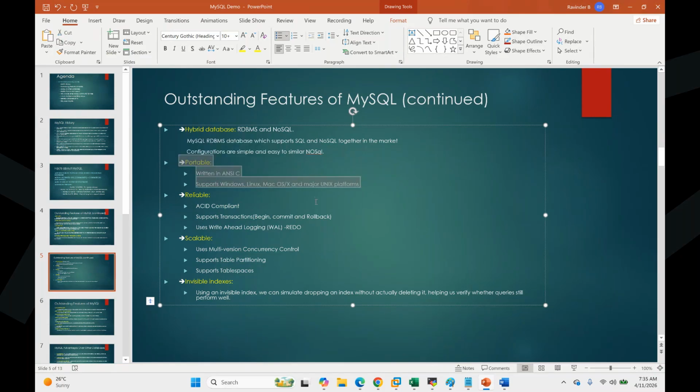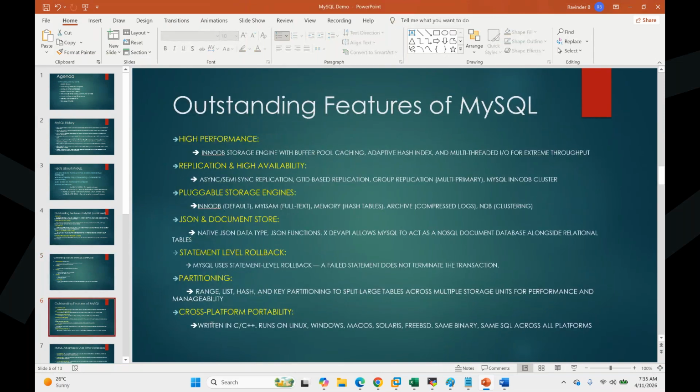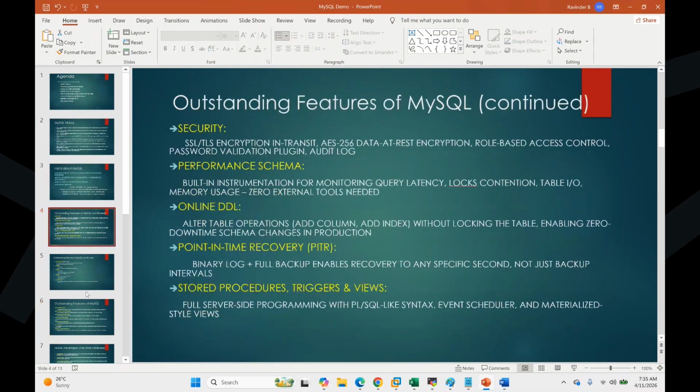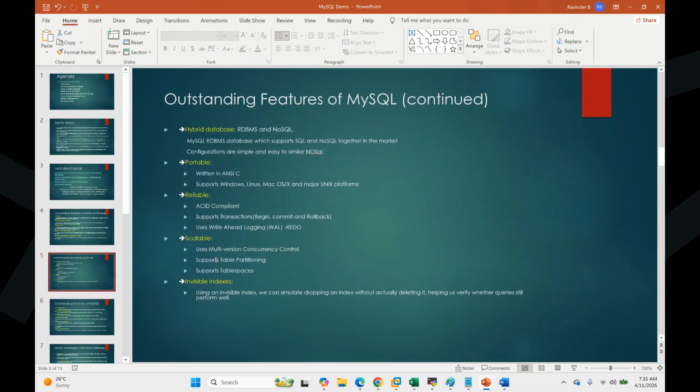Reliable, of course. It follows ACID compliance, where you can't break the ACID compliance, but there are a few things I'm going to talk about on the next slide, like statement rollback. This is one thing you need to understand. ACID compliant, but it can deviate.